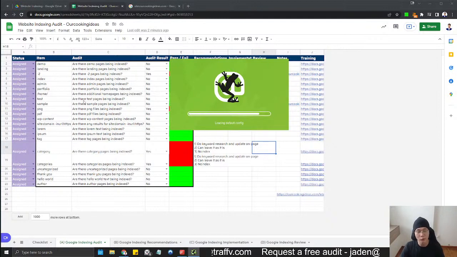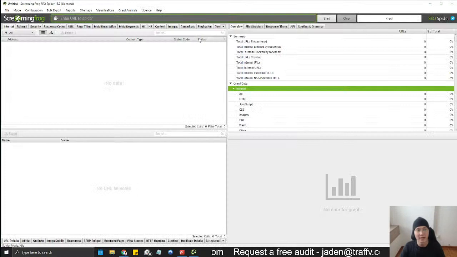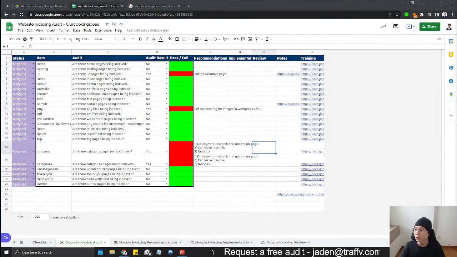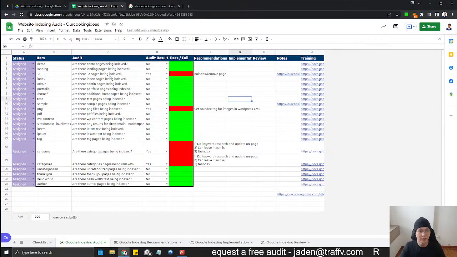So these are the things I know I'll be finding already, but the crawl will find even more. Since I don't have analytics and the rest of the stuff, I'm only going to integrate